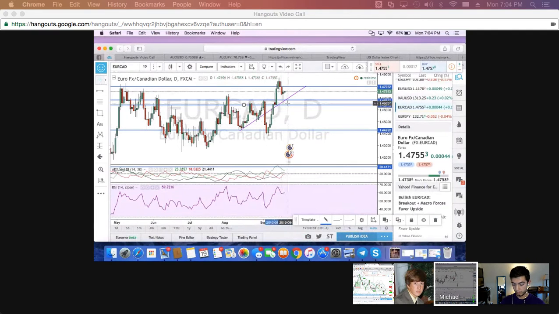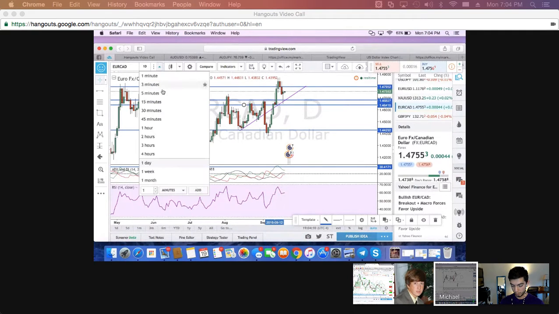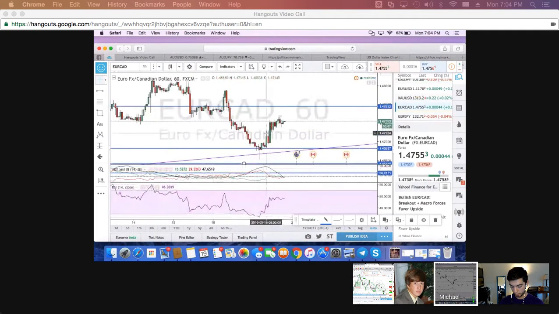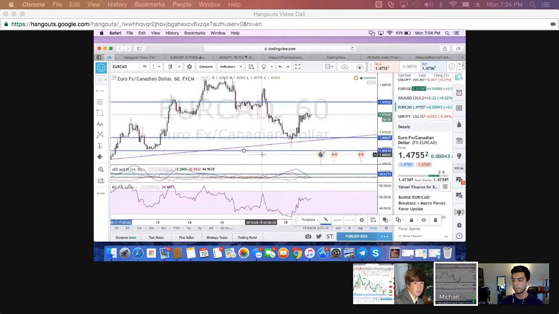But I like to wait for it to actually print the candle to see that it actually stayed out. So whatever time frame you're looking at, you've got to make sure that candle closes before you make your decision. If you're looking overall at the hour chart, then you only have to look at the hour chart and wait for that one to print. But if you're looking overall at the day, you've got to wait for the actual day to print. Because those wicks like this are what's going to mess people up. People saw this break and they could have started selling it, and now they're wrecked. That's like 110 pips.